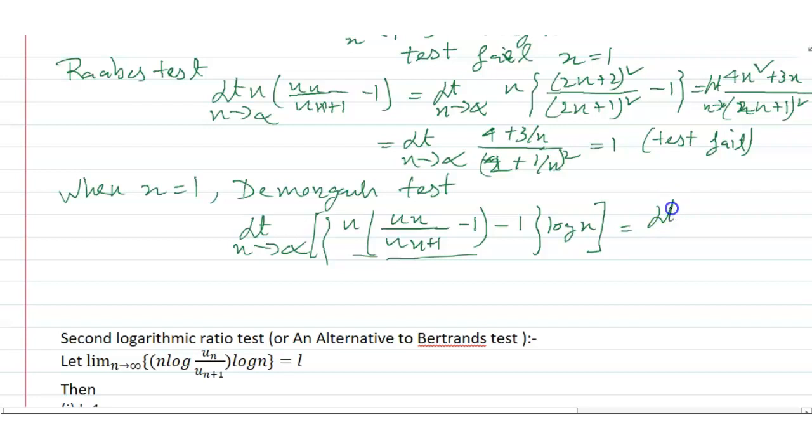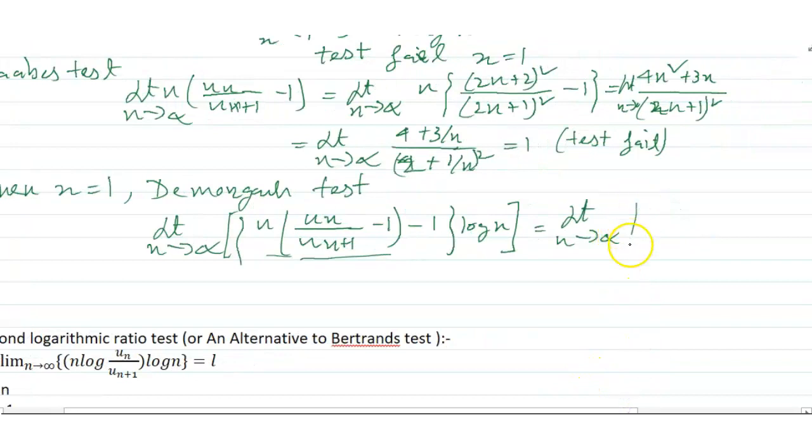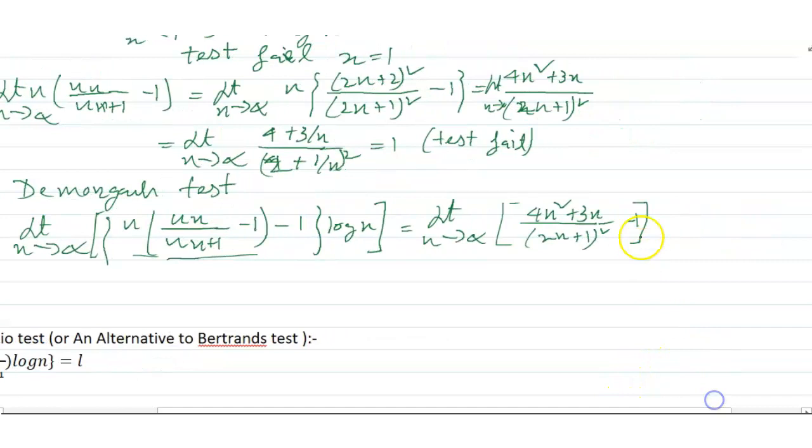Whatever we get, limit n tends to infinity, and it can be written this way: (4n square plus 3n) divided by (2n plus 1) whole square minus 1 into log n,